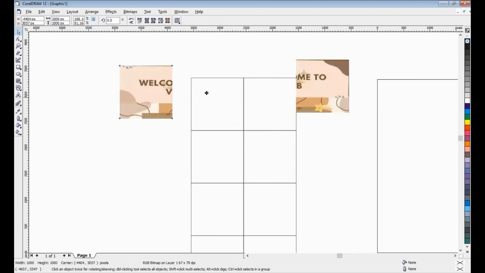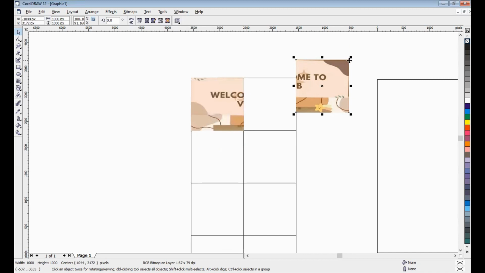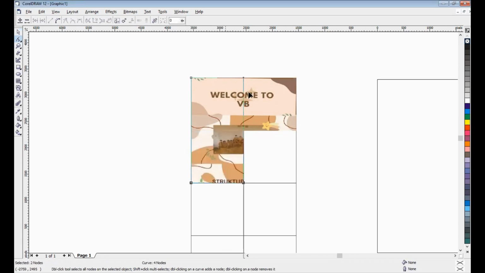Yeah, okay, let's try. I take the position now. Okay, that's it. Yeah, Control C, Control V, use the shape tool, move down and then move down.